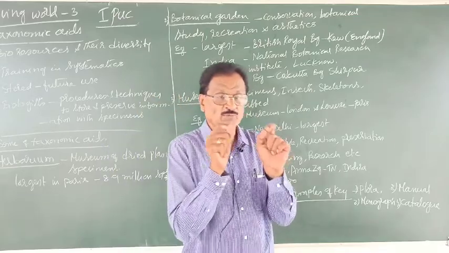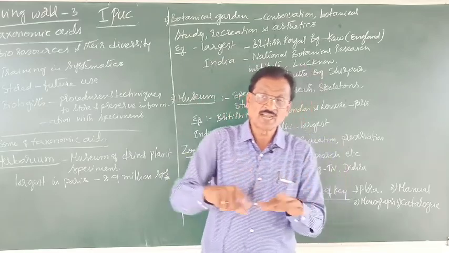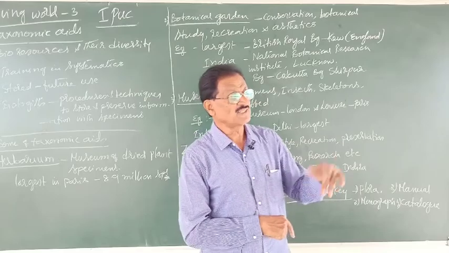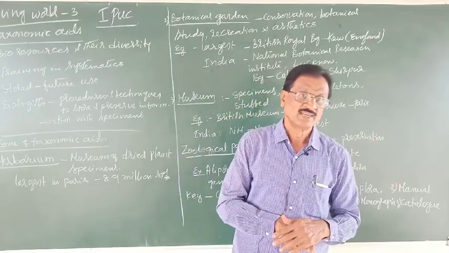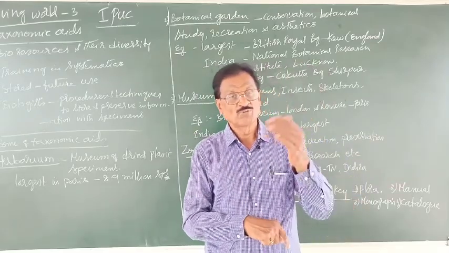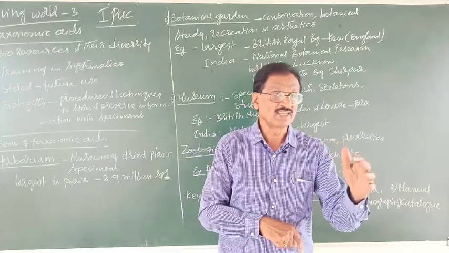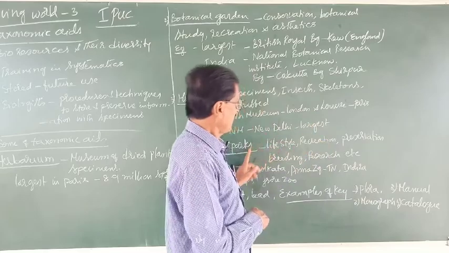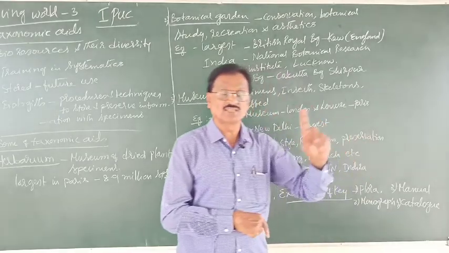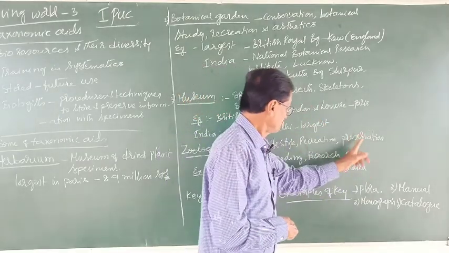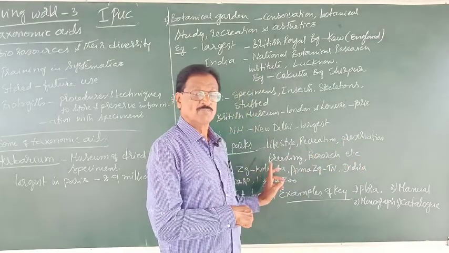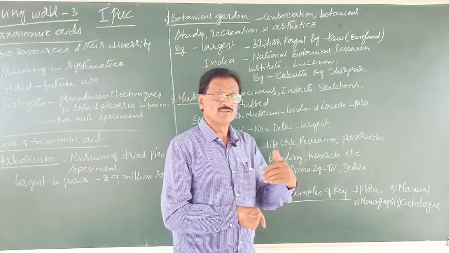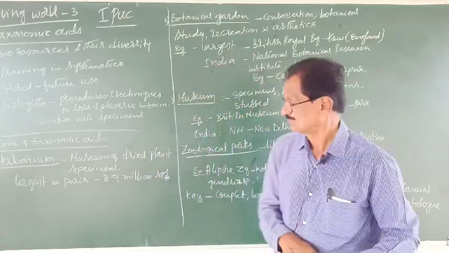Suppose these rare wild animals are kept as such in the forest areas or in their natural habitat, the poachers on one or the other day make them become extinct. So if they are preserved or conserved in the zoological gardens, it is helpful in breeding also. Thereby their number may be increased.